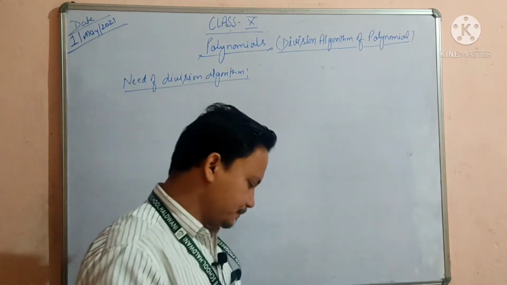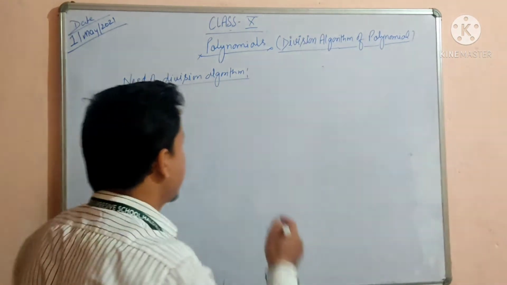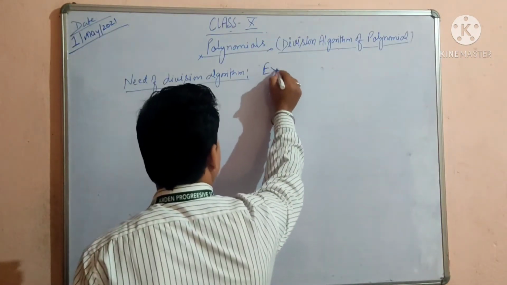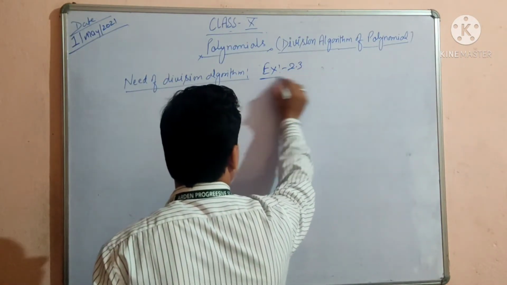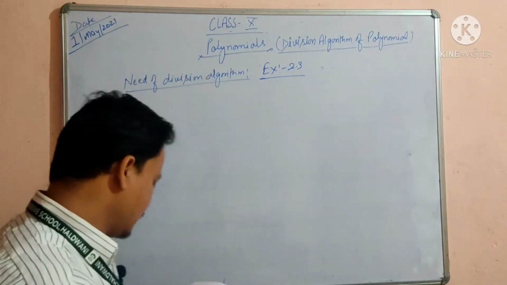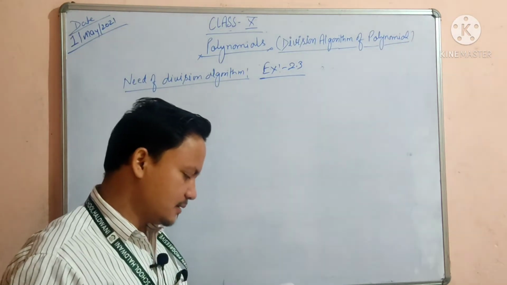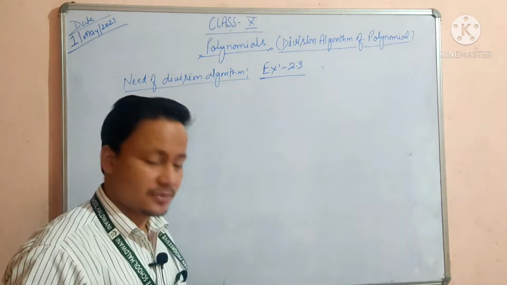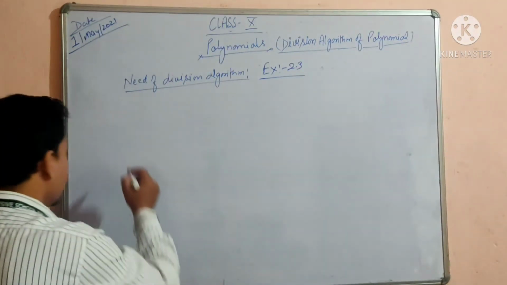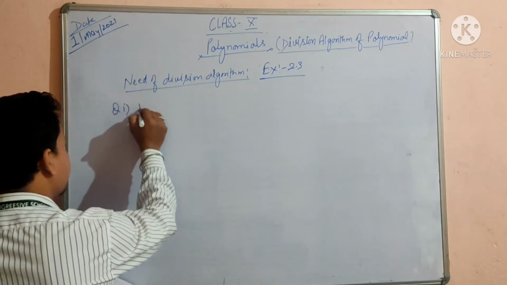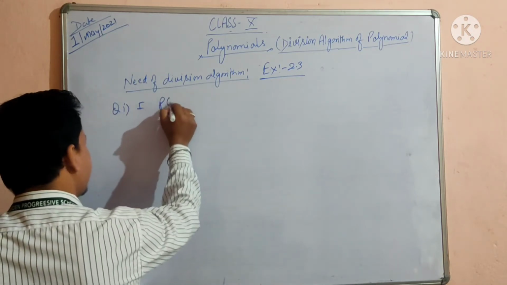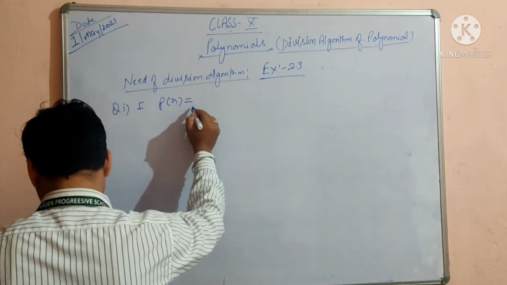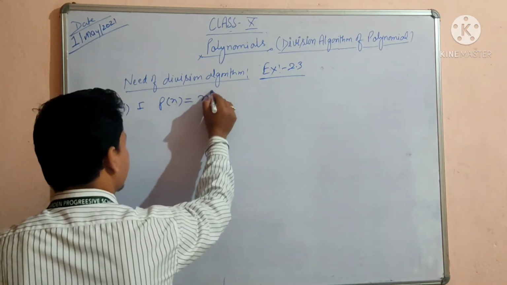Okay, so in exercise 2.3, the very first question, what is the question? Divide the polynomial p(x) by the polynomial g(x) and find the quotient and remainder in each of the following cases. Okay, so the very first question is p(x) is given as x cube minus 3x square